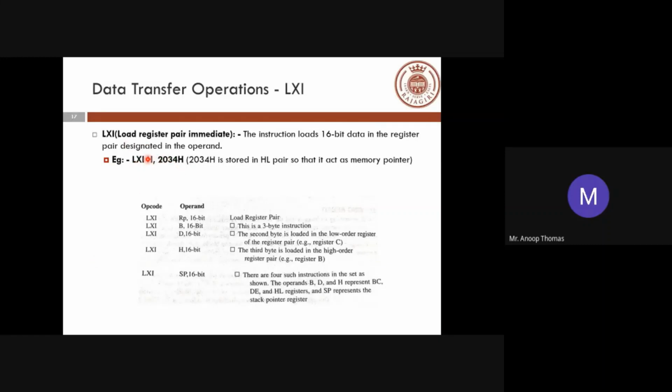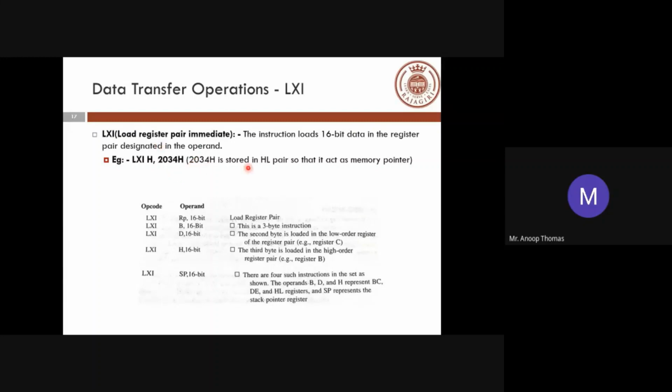So this gives you an idea about how this instruction works. The instruction is a 3-byte instruction, and here what happens is LXI H, comma 2034H. Now 2034H is not treated as a memory address, and the content of that address is not taken. Since it's immediate, the value 2034H itself is taken.